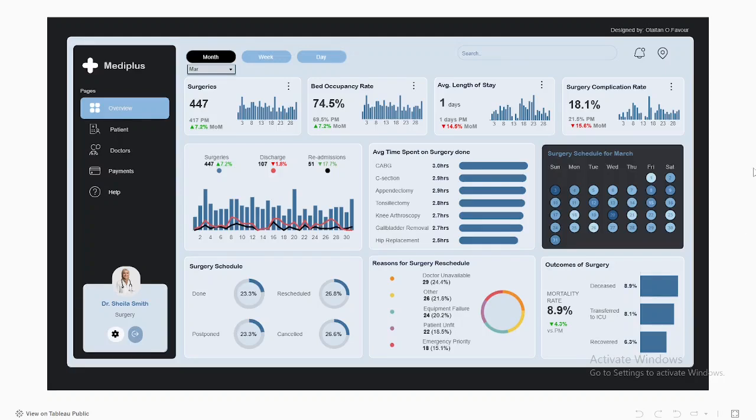In today's video, I'll be showing you how I went about creating this dashboard on Tableau. So this is a surgical ward management dashboard that analyzes the number of surgeries being carried out in a hospital, the bed occupancy rate, the average length of stay from when a procedure was done till a